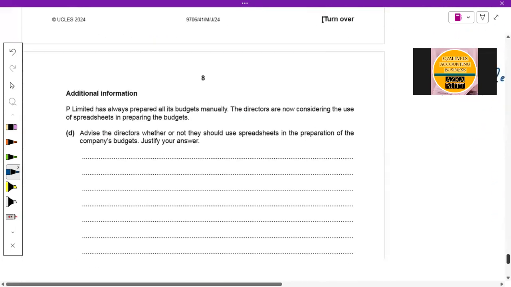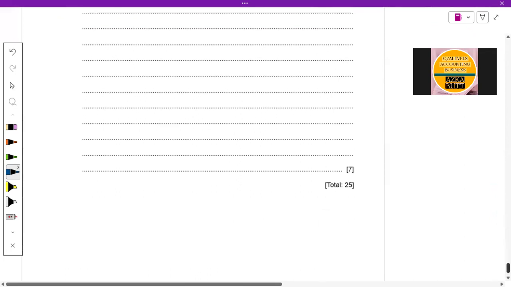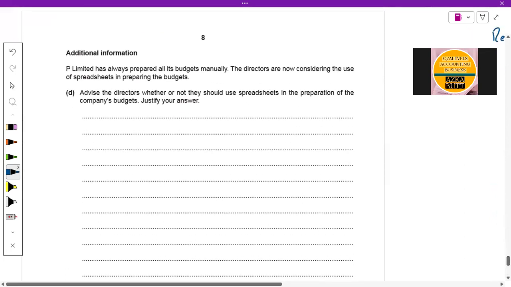And the next question is that P Limited has always prepared all its budgets manually. So directors are now considering the use of spreadsheets in preparing the budgets. Advise the directors whether or not they should use spreadsheets in the preparation of the company's budget. Justify your answer. Okay. So basically, the directors of P Limited should strongly consider using spreadsheets for the preparation of the company's budgets,